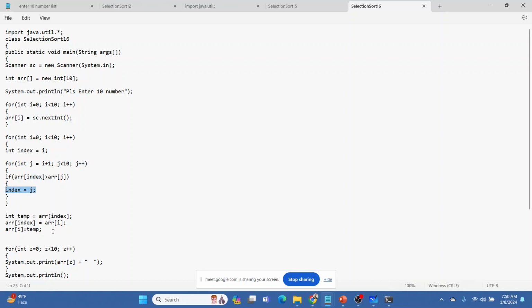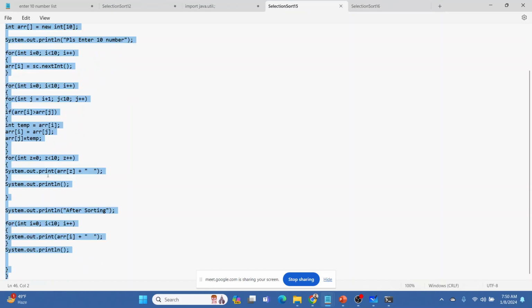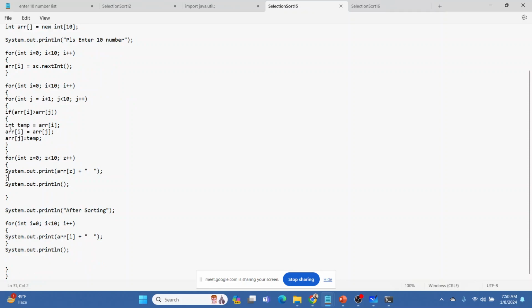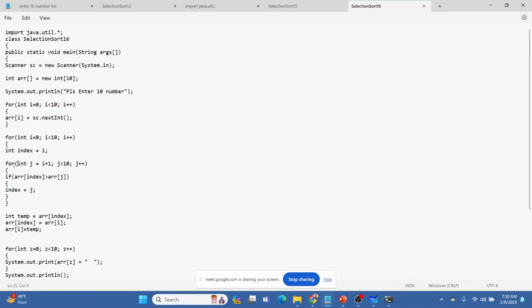Then we will swap it with the zeroth position. What we were doing with the earlier selection sort algorithm is shifting it every time we find a minimum number. So we find another minimum number, then we swap it, then another minimum number, then we swap it. Over here we are not doing the same. We are saying just find the minimum number, we don't want to swap every time. When we have found the minimum number in the index, then we will swap that index with the I. That's the correct way of doing it.